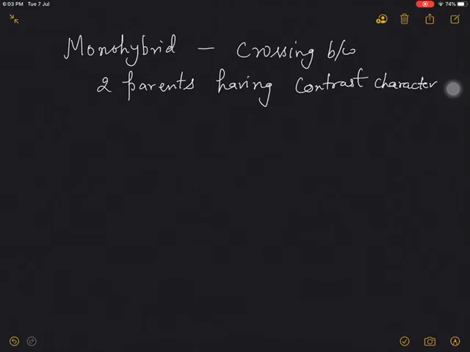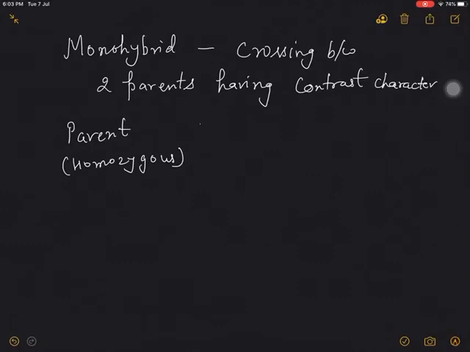Now how will we represent? Mendel took tall plant and dwarf plant for his experiment. So at first we have to write parental character. Parental character is here homozygous. This is not necessary to write homozygous or heterozygous in this cross, but when question is given, then you have